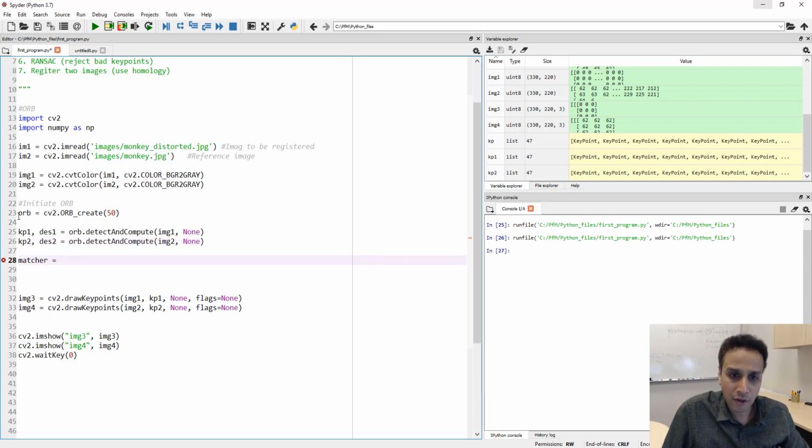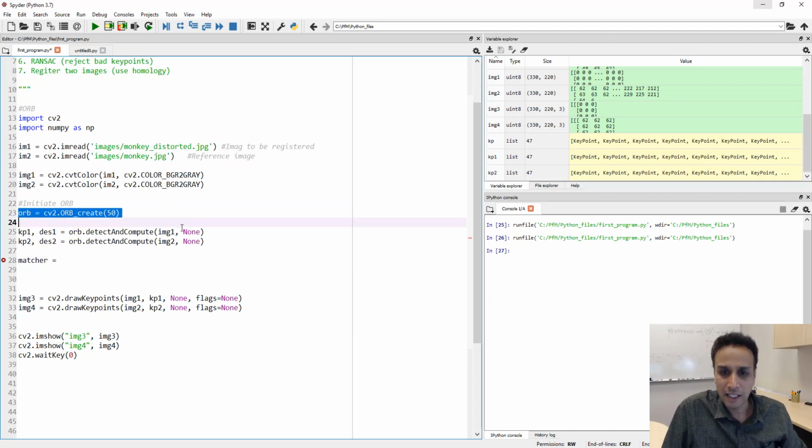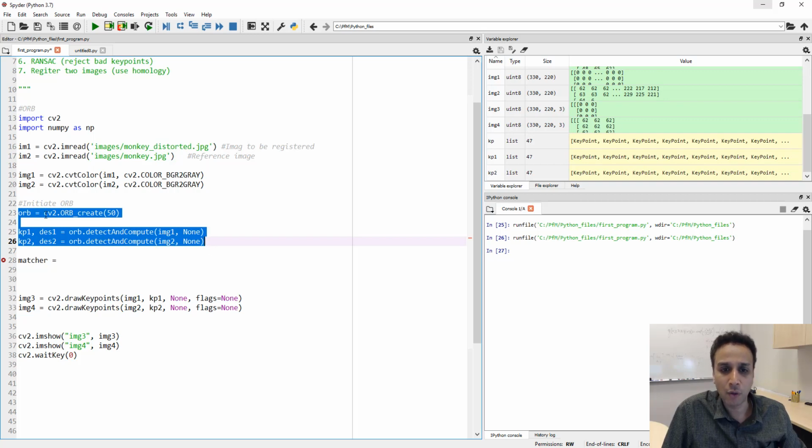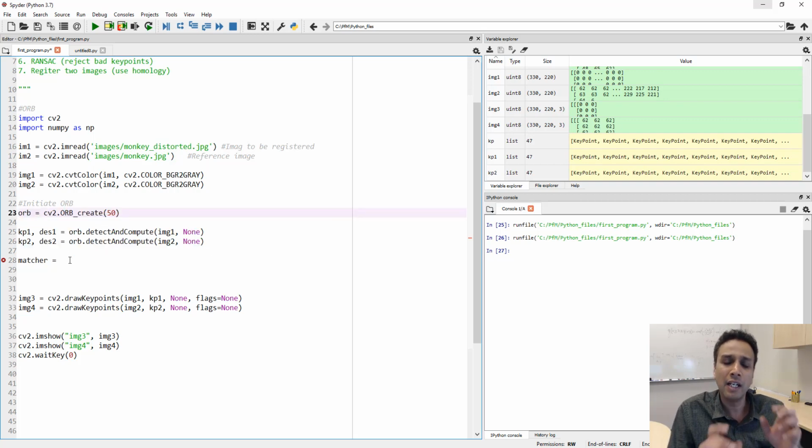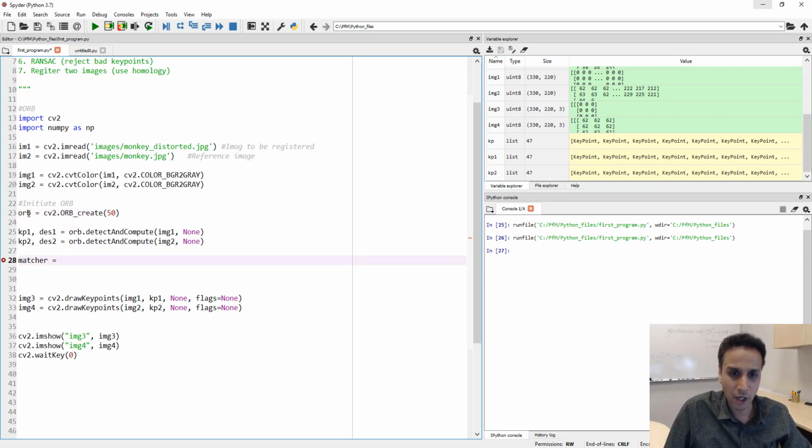So just like we created this orb, if you want to call it an object, I'm going to create a matcher. In many ways, this orb or SIFT or whatever you end up using, in implementation, our matching is very similar to that. So again, hopefully it makes sense once we do that. Just like I initiated orb, let me initiate the matcher. And the way we do that is